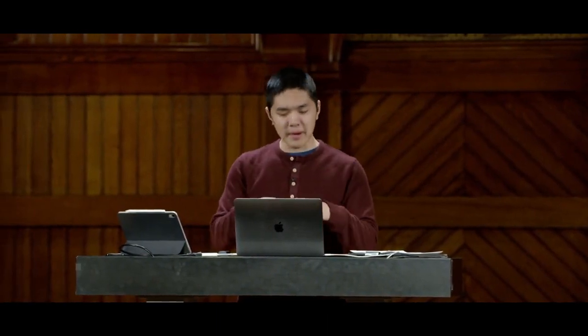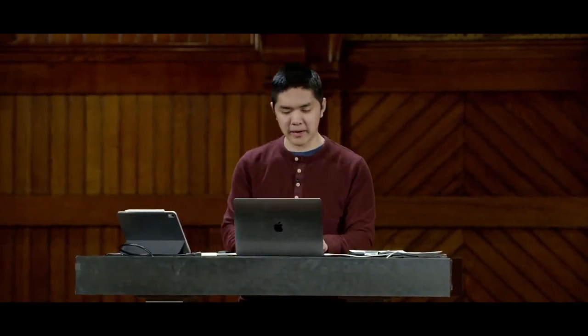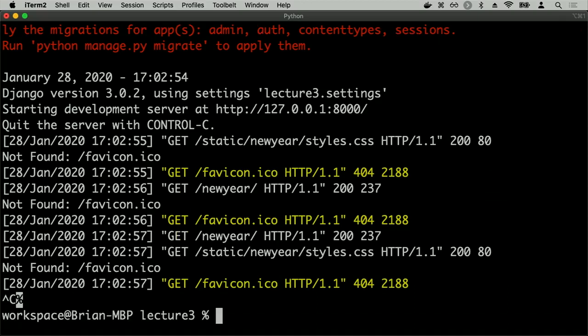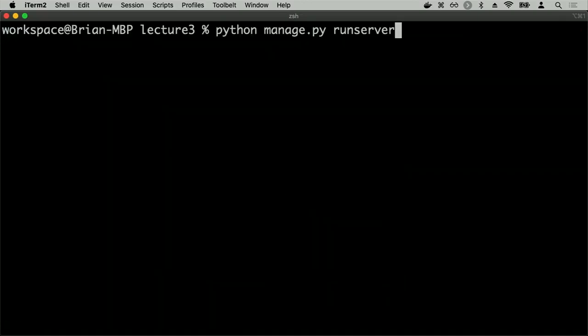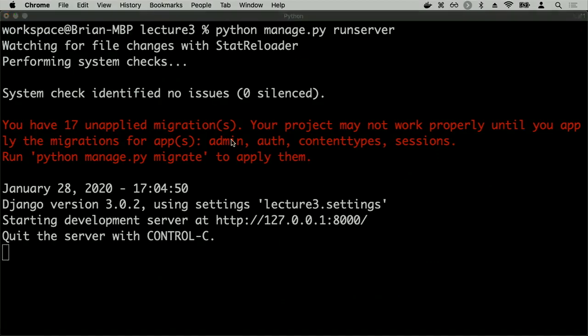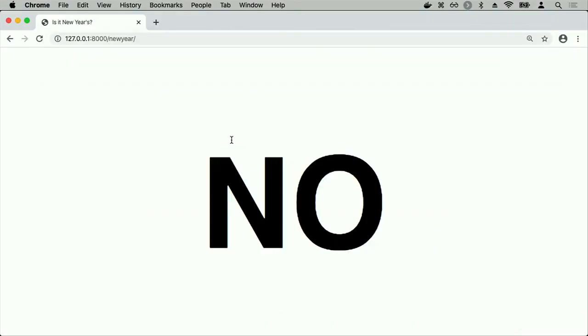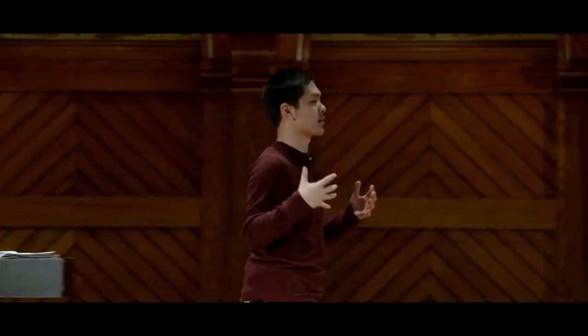So now that I've said that I want to link this particular static file, styles.css, into this web page, what I might first need to do, just to let Django load static files, is restart the server. So you might sometimes need to Control-C and then go ahead and rerun python manage.py runserver. That will rerun the server. And now if I go back to the /newyear route inside my web browser, now I see the style look a little more close to what I actually wanted it to be, centered, sans serif, in a larger font